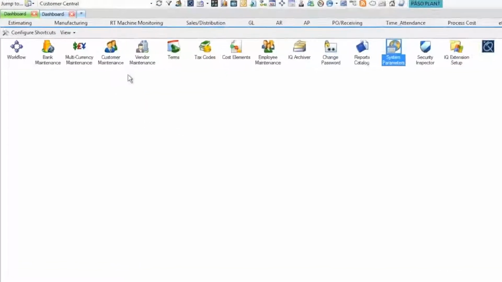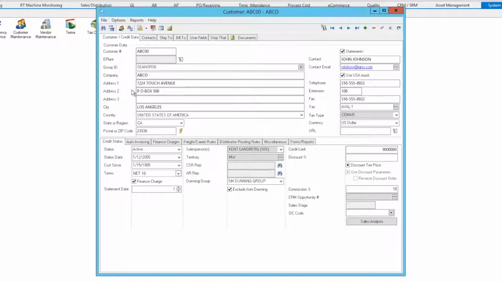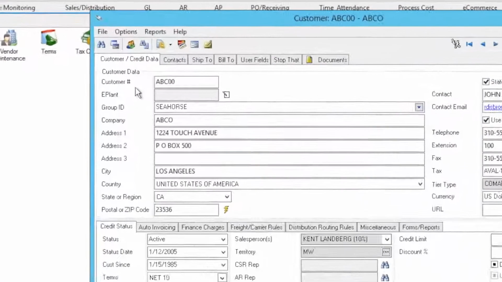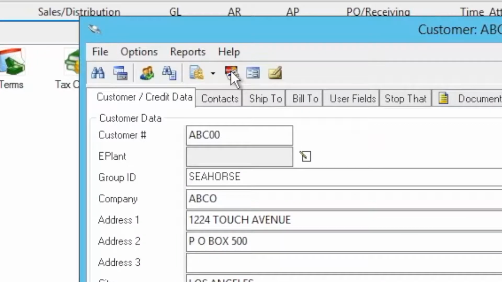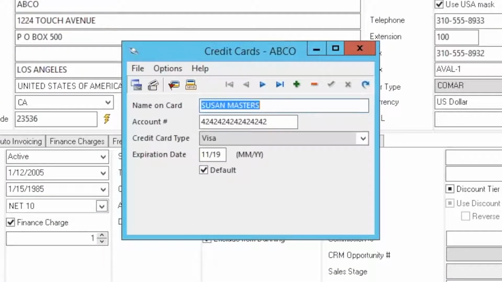To do this, a user will need to open up Customer Maintenance and select a customer. Once the customer record is open, the user will select the credit card icon at the top of the window, which allows them to view the credit card information that is currently on file for this sample customer. If they would like to add an additional credit card for this customer, they can do so by selecting the